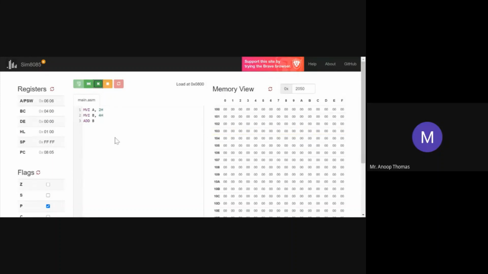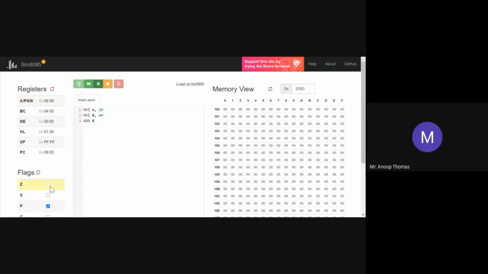So what we are trying to do here is understand a very basic simple code. If you look into the site or simulator, it's a very simple simulator. On the left hand side, you are able to see the registers. So your 8085 consists of an accumulator. Accumulator is an 8-bit register. Then the program status word. Program status word gives you information with respect to the program. What is the status of the program? Which basically consists of your flags. Okay, so it has an orientation to the flags.